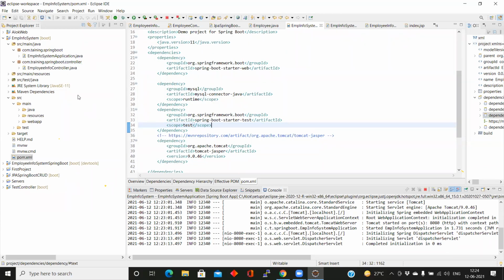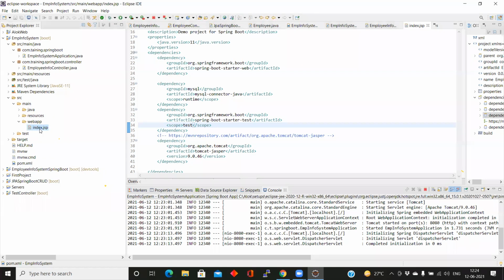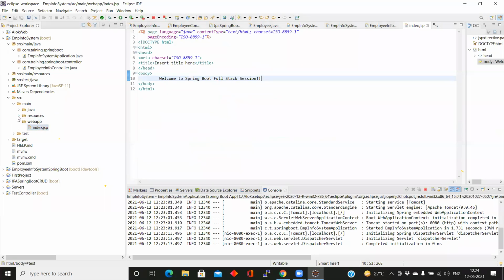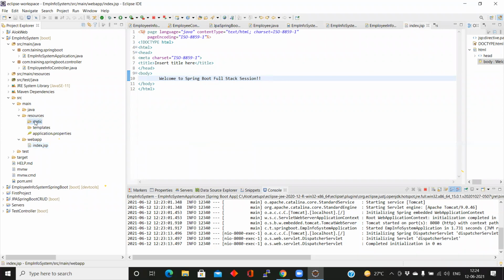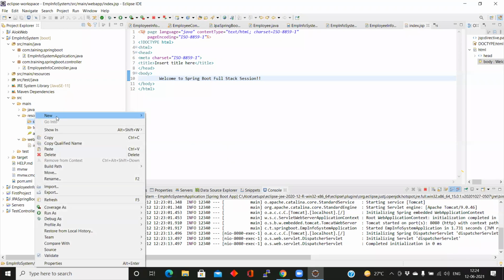I have added it in pom.xml and we have created the webapp with JSP pages. Just for example, you can check.